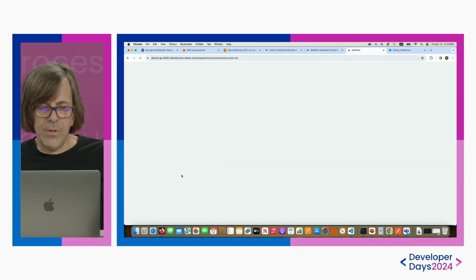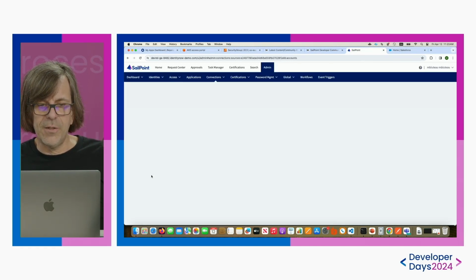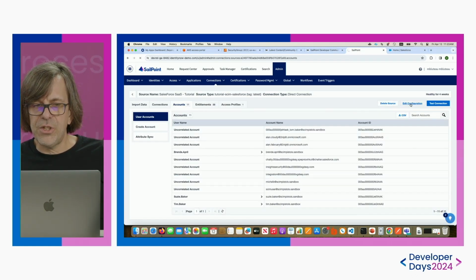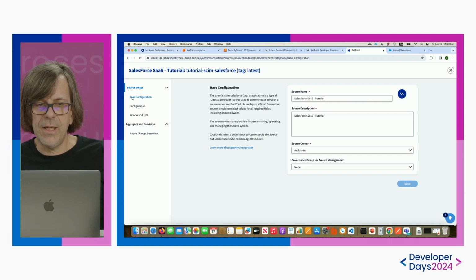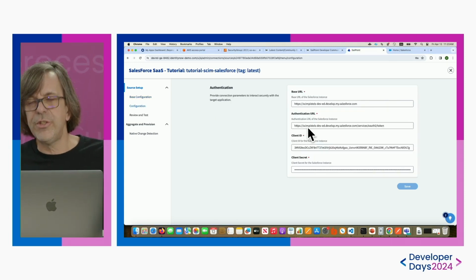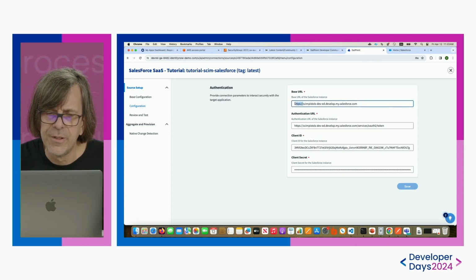And I'm going to pick my SaaS connector version of the Salesforce. For this session, I called it tutorial. And now I'm going to edit my configuration. If I go to the URL section, I could use it for the authentication URL, but this would expose credentials. So what we're going to do is just use it for the